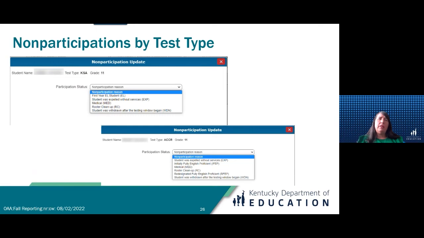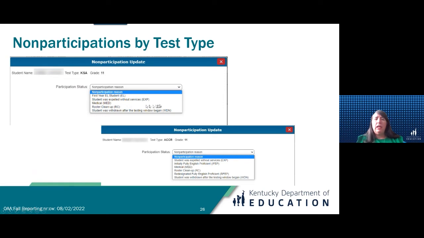So you were to go to the KSA roster back in roster phase in the spring and annotate and delete them off that and then add them to the alternate KSA roster. So you want to double check that and make sure those students were correct.